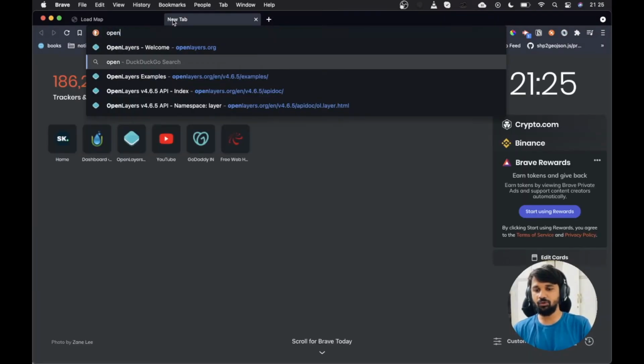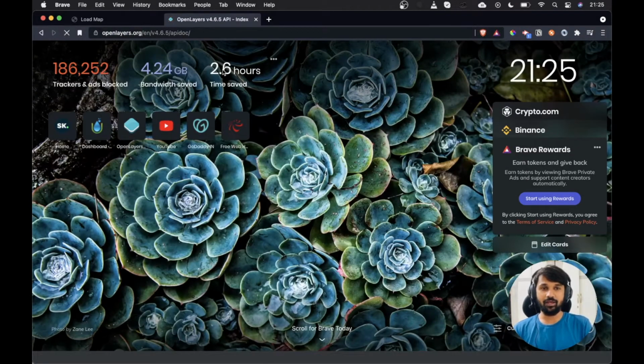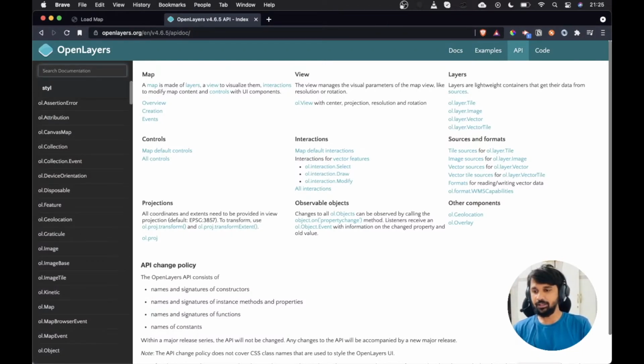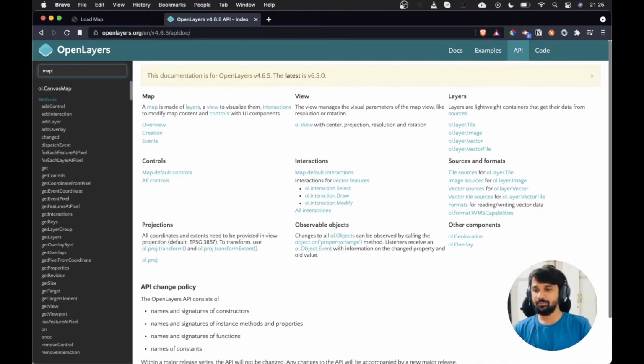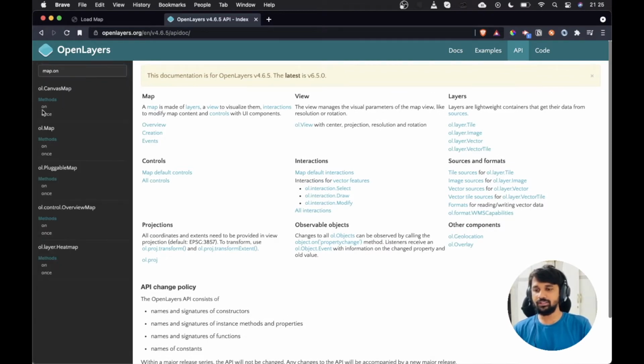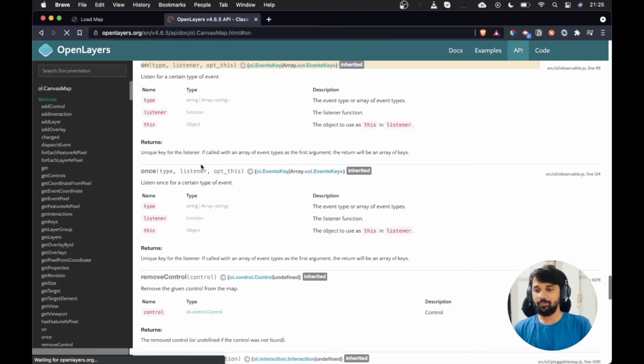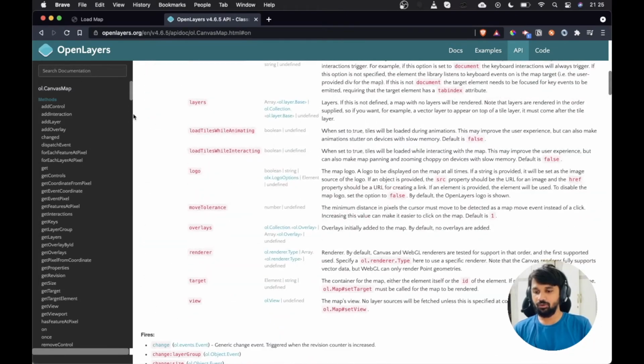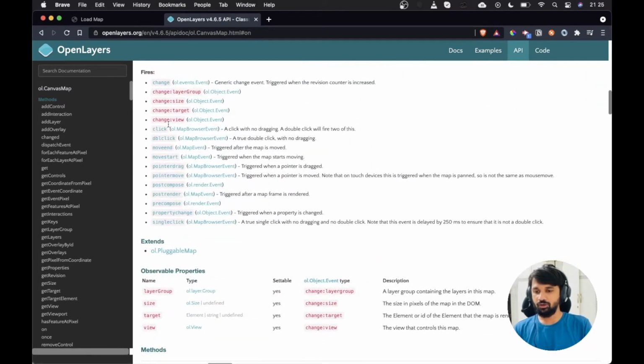For this, we will have to explore the click event for the map. Let's head over to the OpenLayers API doc and see if we can do that. I will simply click on map.on and you will see all the methods available. If I go to ol.Map, you can see that we can capture the click event, double click, moveend, movestart, pointerdrag, pointermove, postcompose, postrender, precompose, propertychange, and singleclick. You can see that there are so many interactions that we can do with the map. Now let's start with the very basic one, the click.